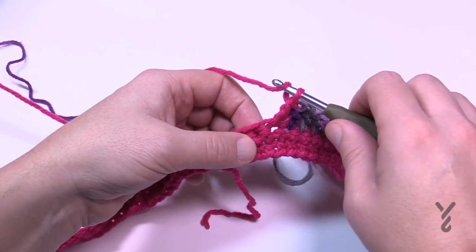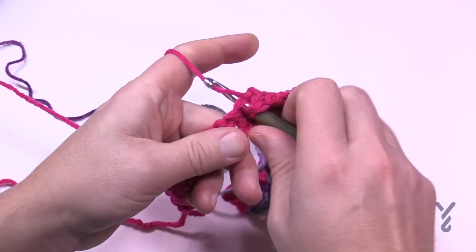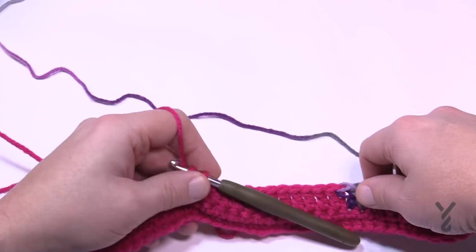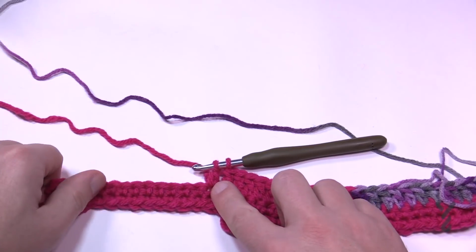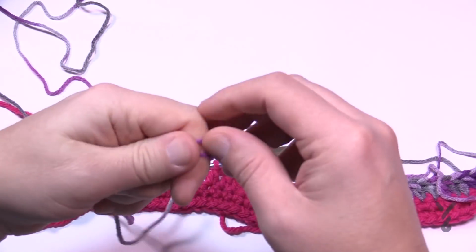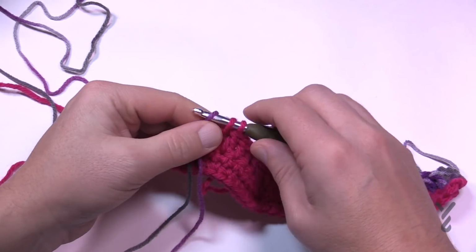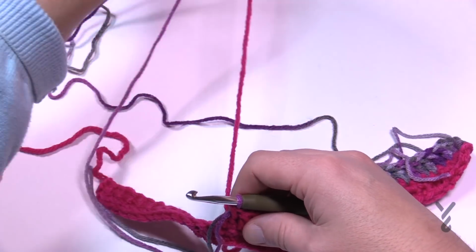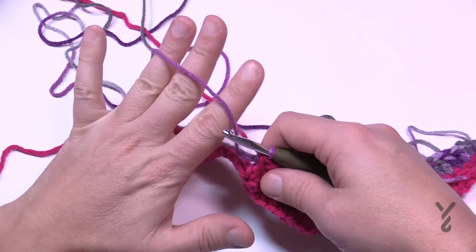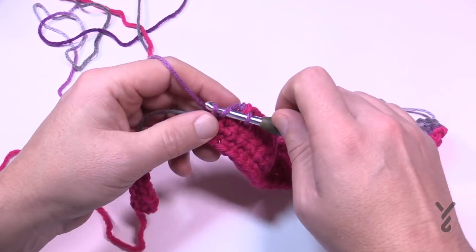So let's do another, we have to do 13. So 1, 2, up to 12, and this is the 13th one, but we don't want to finish it all the way. We want to bring on another yarn ball. So I'm going to bring on the next yarn ball, create the slip knot, and finish that stitch with the new yarn, and let that straggler fall to the back, always to the back. Do not leave it in front, because it won't be where you need it to be next time if you leave it in front. And then you're going to crochet the remaining 13 stitches that are left,